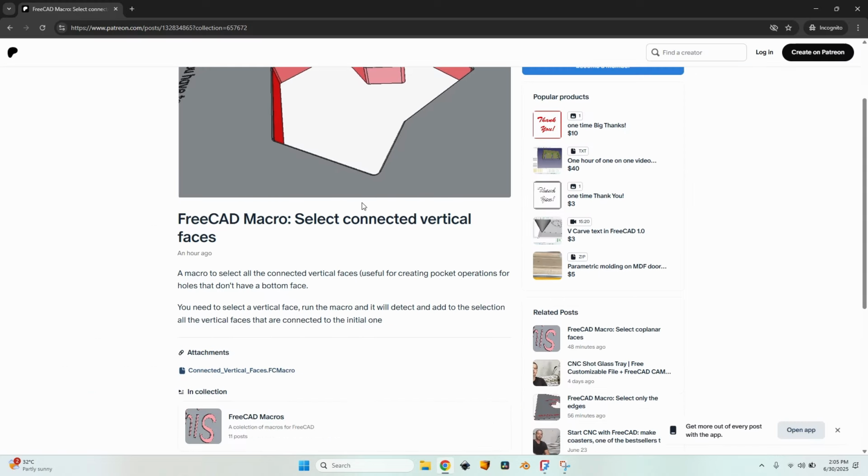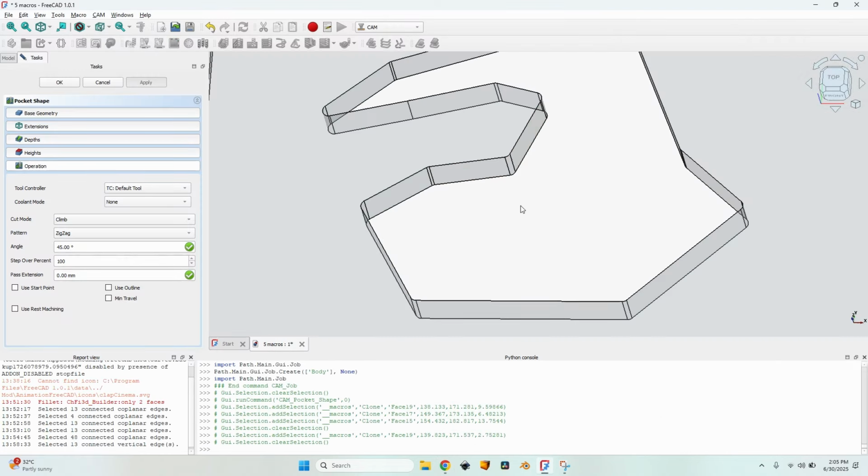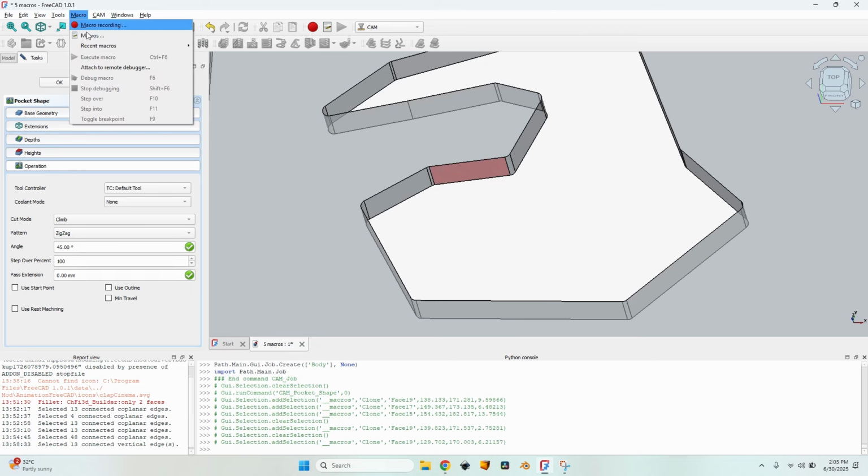Let's use the macro. Again, you can download it from the corresponding Patreon page in the macros collection. Just open the details of the macro and click here on the link. You will download the macro and you can put it in your macros folder. So now let's make this selection much faster using the macro. I will select one of the faces, go to the macros,